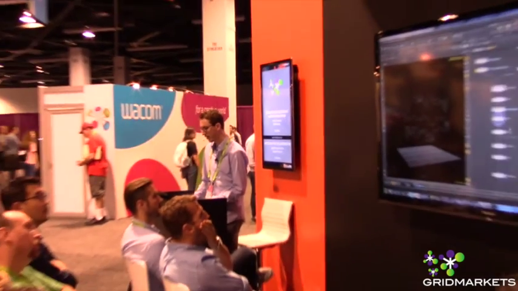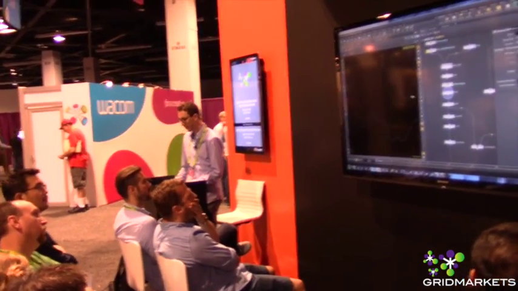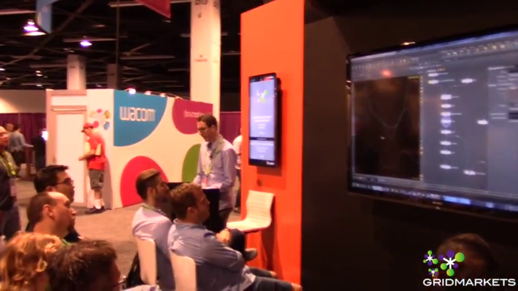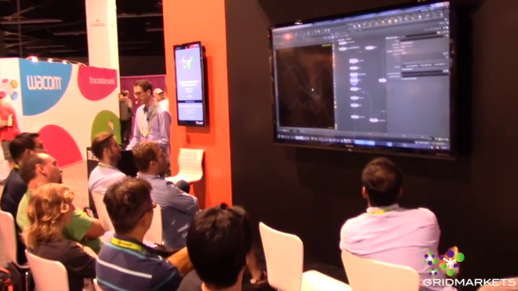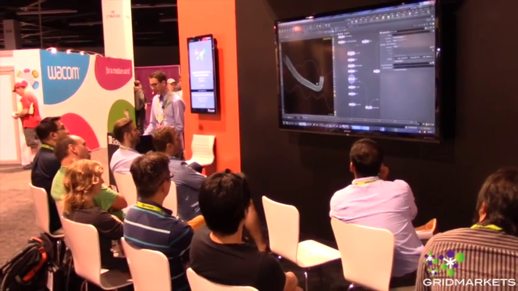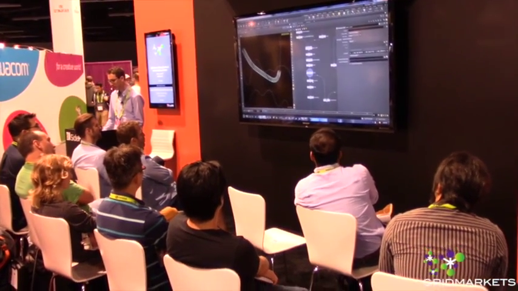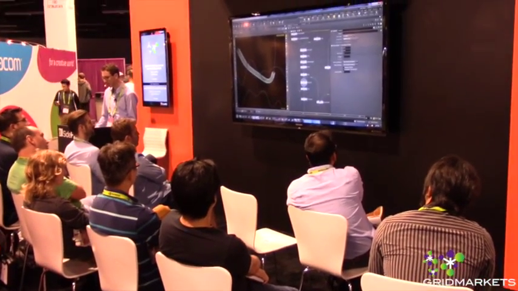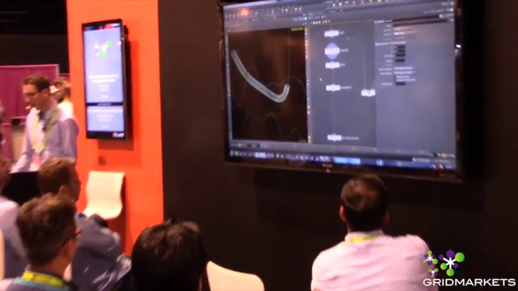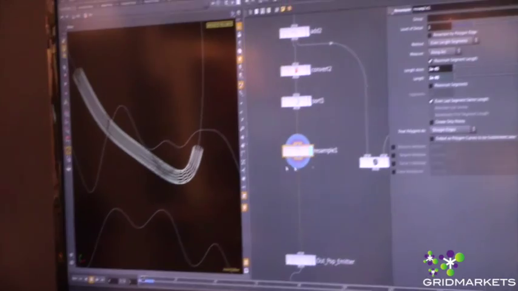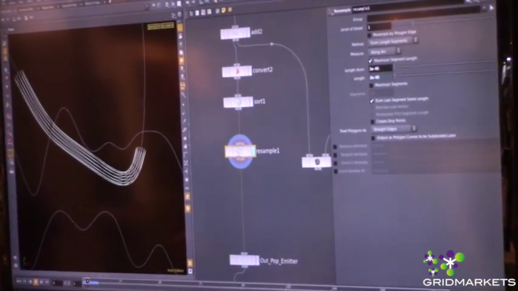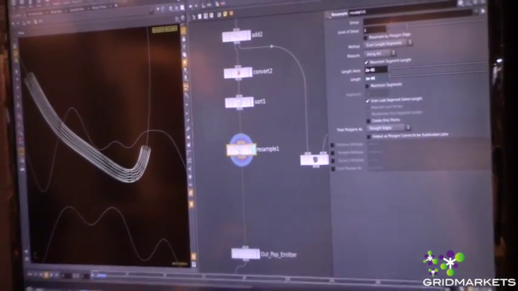I'm just kind of trailing that, connecting a few points up. Zoom in here. Again, it's really small because it's really detailed. I wanted that kind of high frequency detail in the ink. Connecting these up to make a curve, converting it to NURBS so I have a nice smooth curve. And then again, what I'm doing is resampling this curve. And this resample right here is kind of the detail quality level that I get in the end